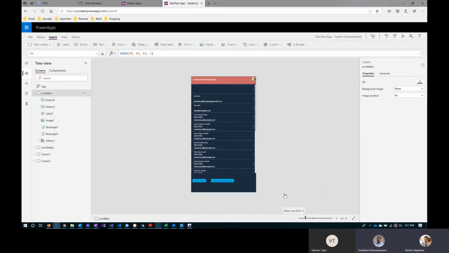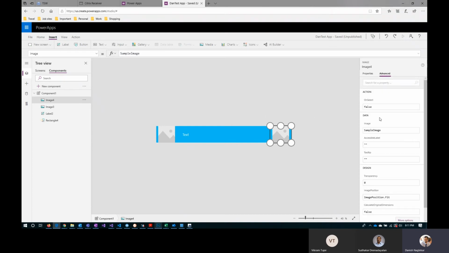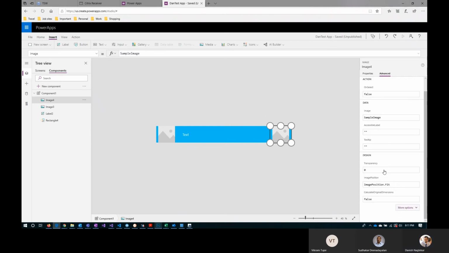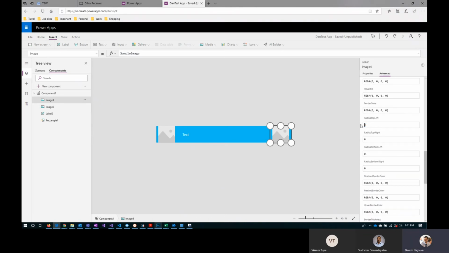Getting it from the Outlook profile. Yes, and all those things like what we did with the Outlook profile, same thing we can apply over here as well. So let's first make it round. So go to design, go to your radius top left, top right, and then let's just make this a nice name. So image user. Okay. So my image user